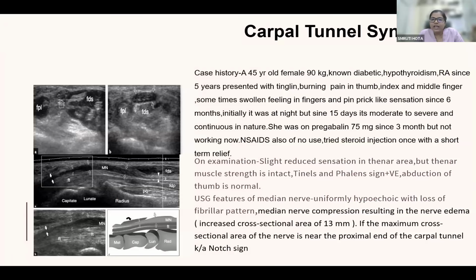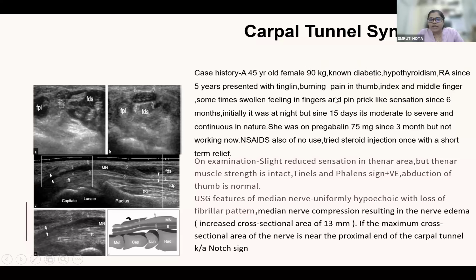First of all, I will discuss this as a case history because I have included everything, including risk factors, signs, and symptoms. You can see this is a 45-year-old female weighing 90 kg. Carpal tunnel syndrome is more common in females than males. It is common in obese females. Diabetes is another risk factor. Hypothyroidism is another risk factor. Rheumatoid arthritis is also a risk factor for